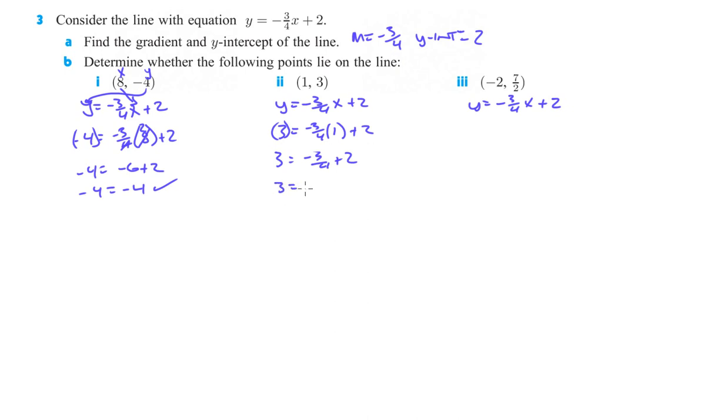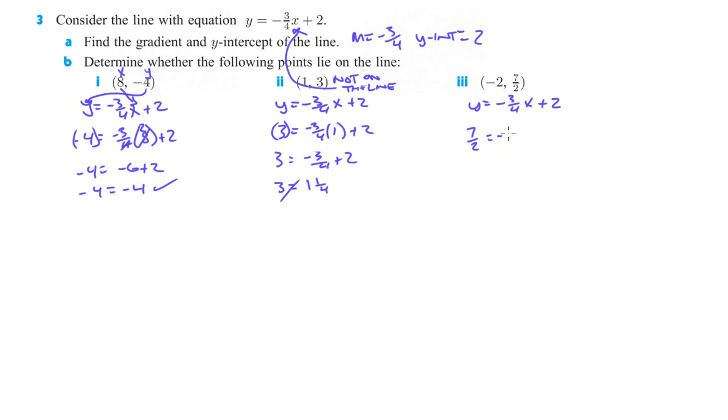Right, so that's 3. That's going to equal negative 3/4 plus 2 is 1 1/4. That does not equal. So that means this point is not on the line. And the line that we're talking about is this line up here. Okay, and then